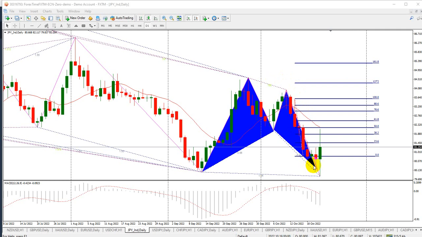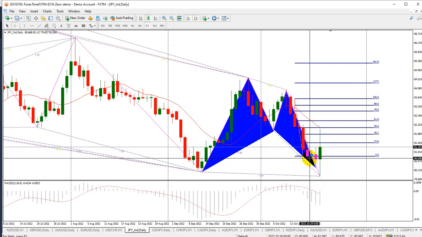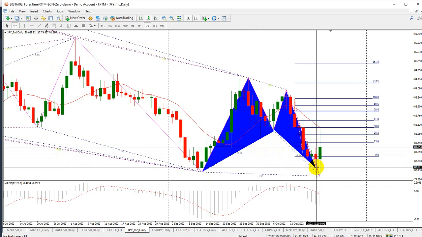This was the analysis I made before, and I looked at harmonics. I look at this XABCD pattern, and I see that price is currently at the D leg. When the price was around here, I said, okay, as it gets to this point, from this point it will actually move